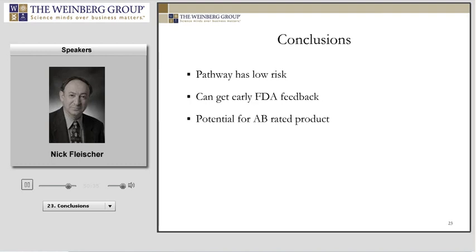That pre-IND meeting with the FDA is critical for somebody that's going down a 505(b)(2) pathway. And while in most cases people are looking for AB-rated products, at least that's the model for the ANDA world, in the 505(b)(2) NDA world, while it may be useful, it's not critical as long as you have the marketing capability and enough of a differentiation of your product to make it a unique product that prescribers will prescribe and it will be used.